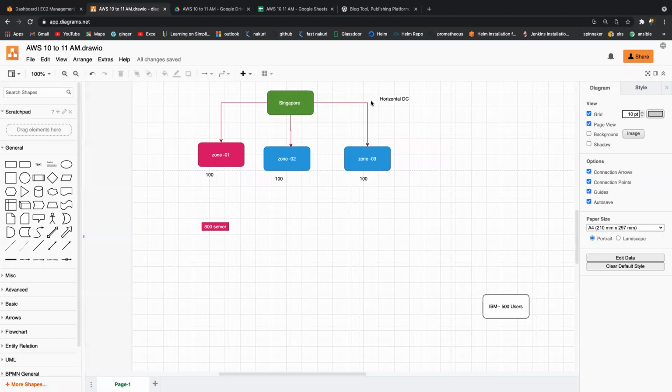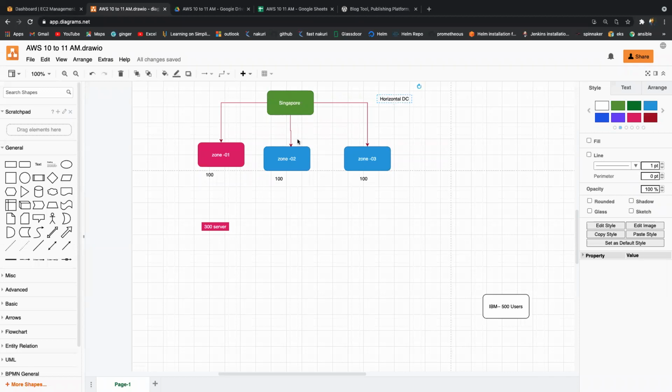Makes sense. So when you are deploying servers, ensure it is horizontal. The 300 servers are distributed to multiple zones. If any zone is down, that doesn't matter. We can maintain the high availability.